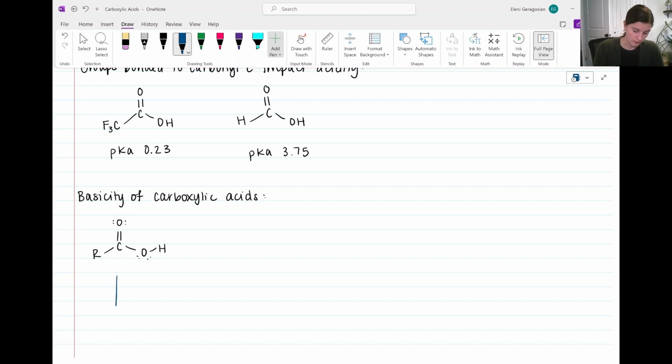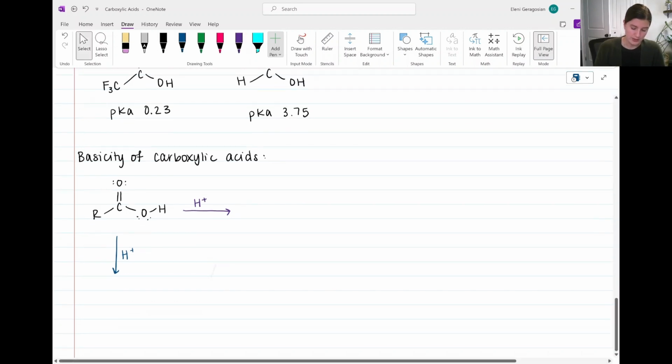So we'll draw one conjugate acid where we protonate the carbonyl oxygen and another conjugate acid where we protonate the OH oxygen. So first, if we protonate the carbonyl,